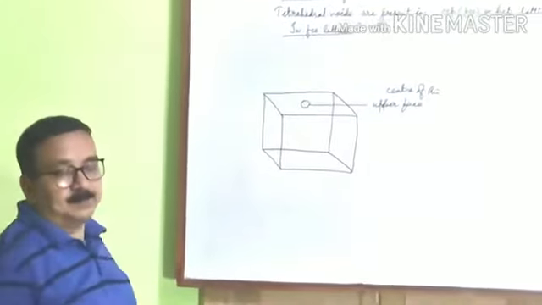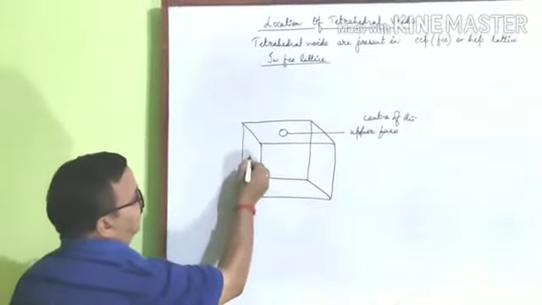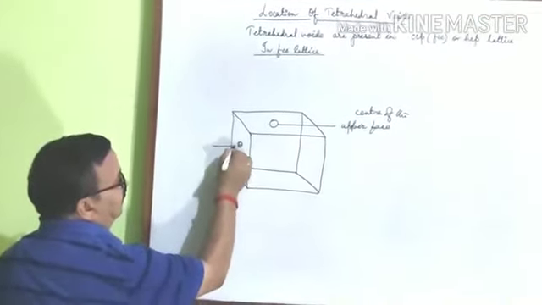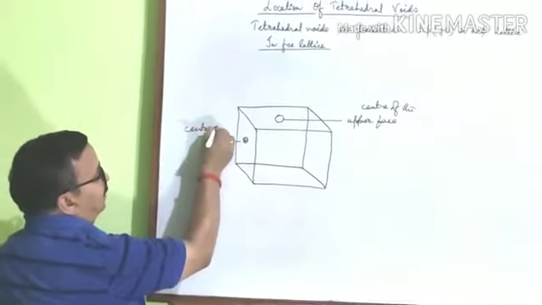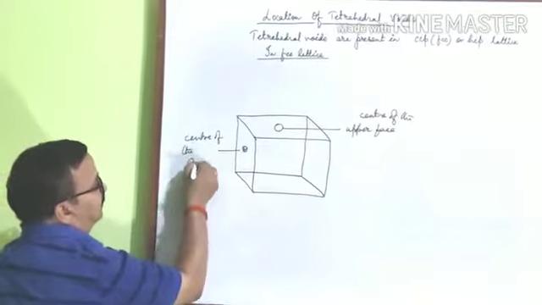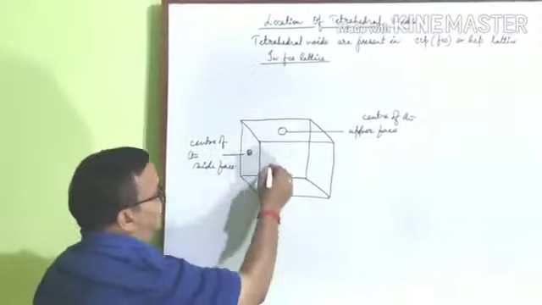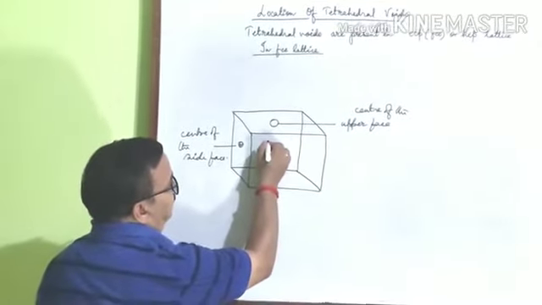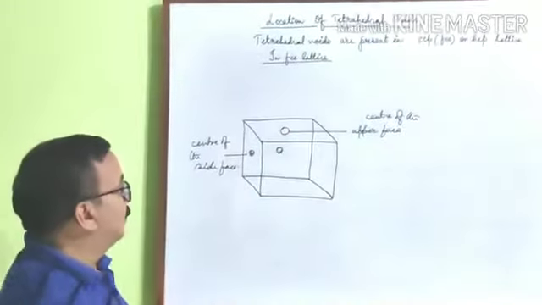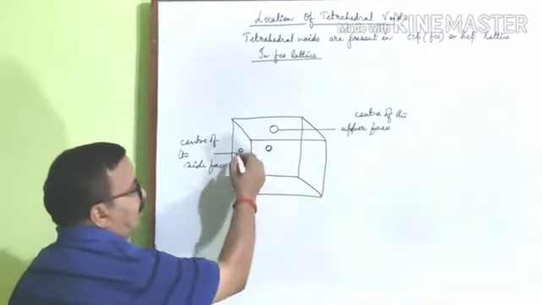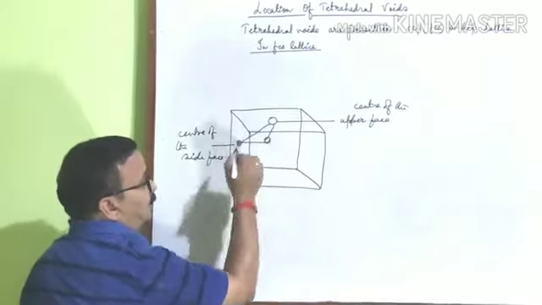Another sphere, which may be considered as an atom, molecule or ion, is present at the center of the side face, one of the side faces. Another sphere we are considering at the center of the back face. So these three spheres, when connected to each other, form a triangular base.